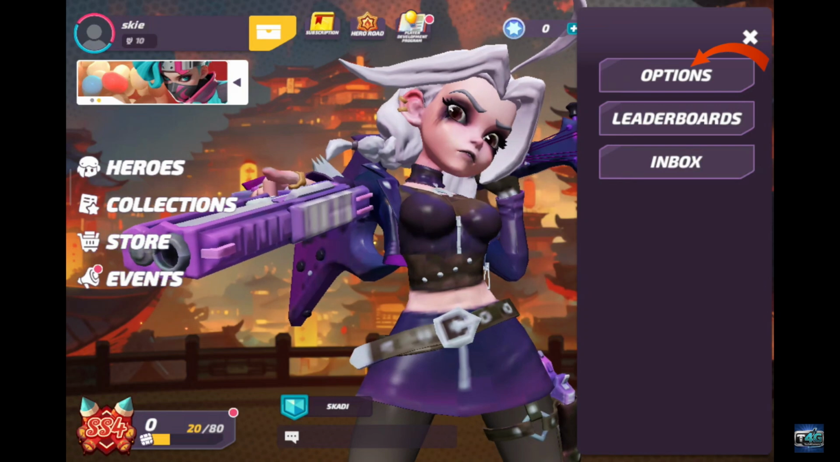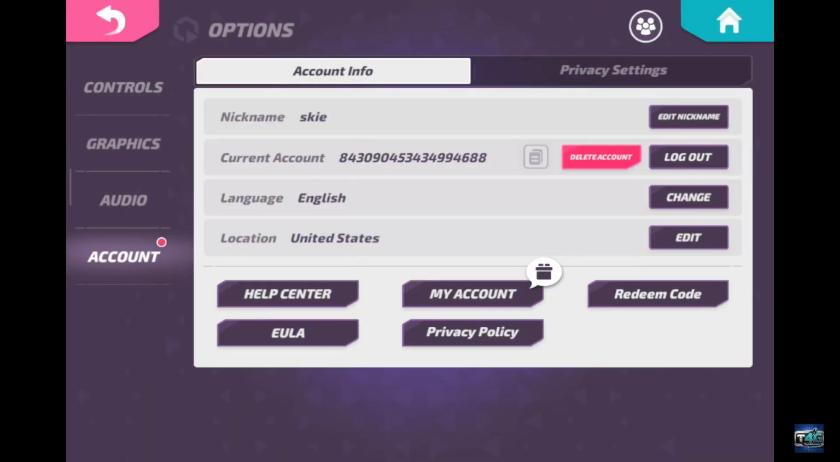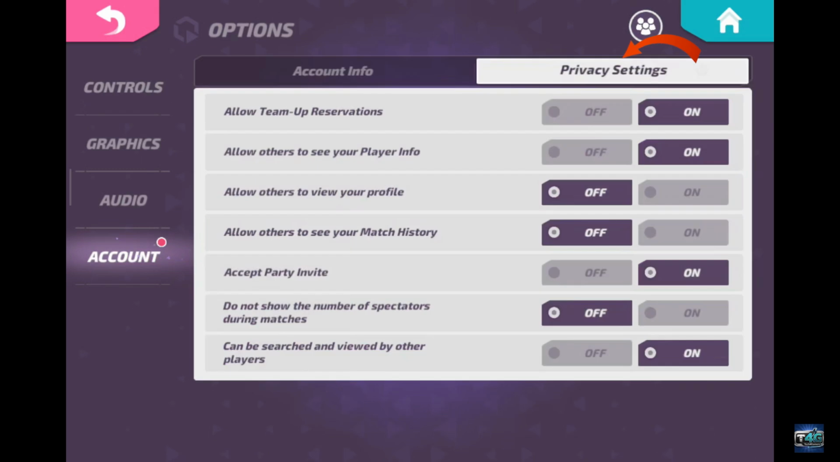Now click on Options, and under Options, select Account at the bottom left. Now, after you are inside the Account tab, go to the upper right corner and tap on Privacy Settings. After you are inside the Privacy Settings, look for Accept Party Invite button and tap on Off right next to